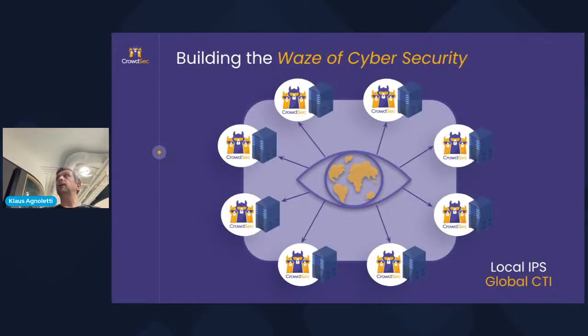Because the way CrowdSec works is kind of like the Waze of cybersecurity. Waze is this GPS app that collects information about you while you're driving and shares the information with everyone else, so that the others will know what to do, so they don't end up in that awful long queue that you're ending in, or that you spent the last hour in. And as I said, CrowdSec does the same thing with sharing the information about the attacks that it sees.